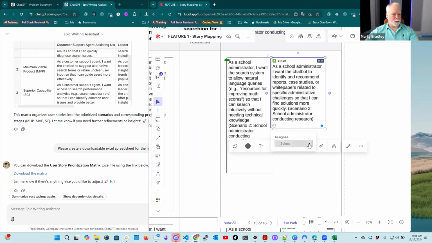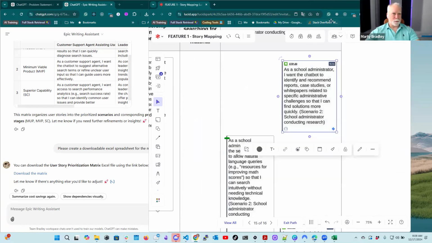You can select the assignee if you have your team members in here. And the nice thing about this is this does a sync with Jira. So any changes you make here, it'll sync it up with Jira. And so that's very cool, right? So as you move these things around, if you set up the tagging and you set up Jira the right way,